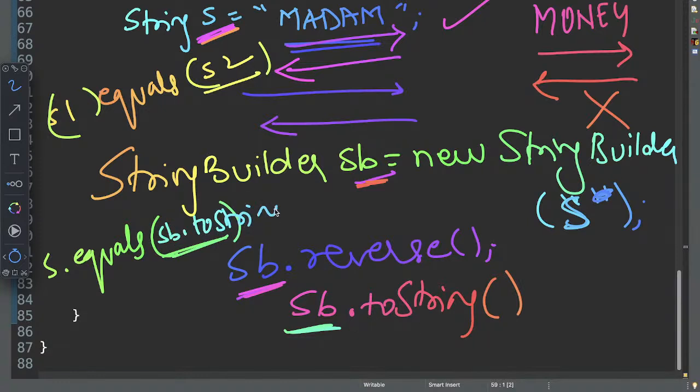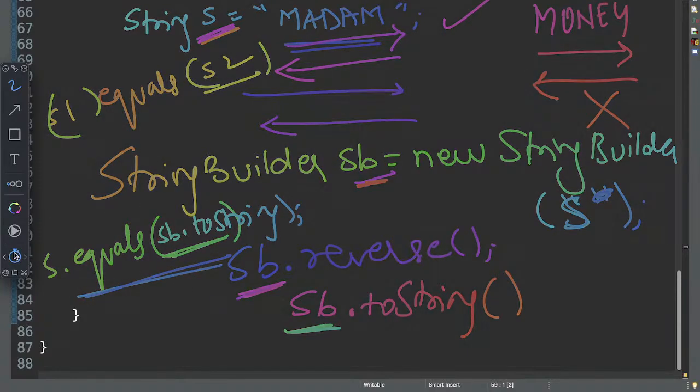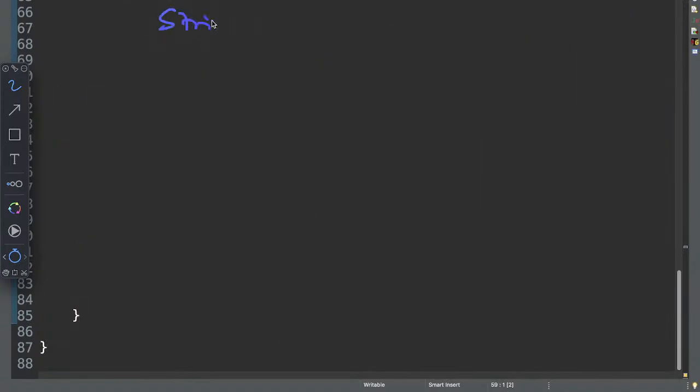You try this, and if you face any difficulties, I am there to help you all. Alright. And now this will return true if it is a palindrome and false if it is not. And the other way for the same task, now the interviewer will ask you that hey, you don't have to use any predefined classes or functions like this, just do it on your own, correct? So the other way is you create another string,